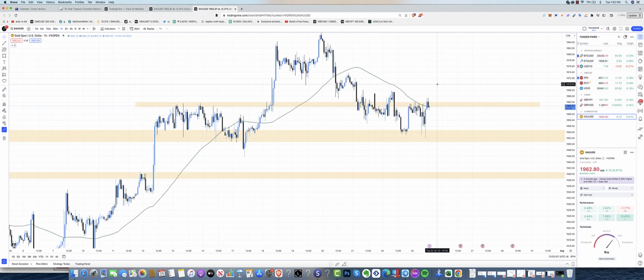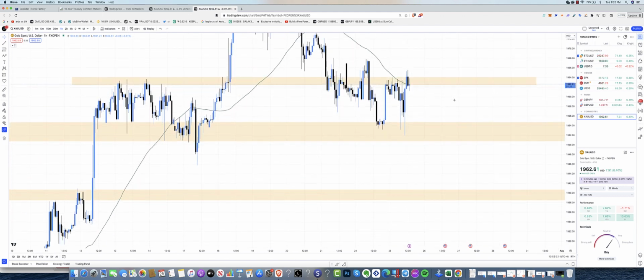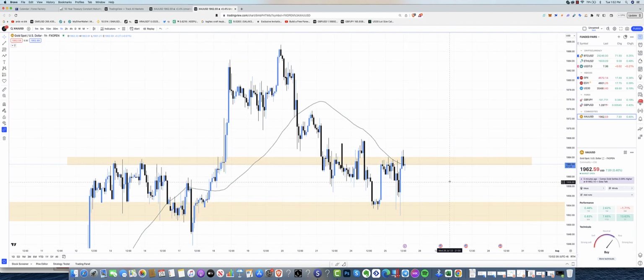So right now we're at a resistance. So let's see if gold pushes up and then we have a retest and then we head higher, we could take that trade, take that long. But right now you can't really take a long or a short. I think if you took a long or a short right now, you'd just be gambling with that position.